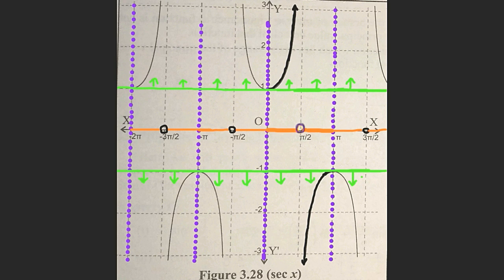Like cosecant function, this secant function is also a discontinuous function because the graph of secant function is not continuous in domain R as shown by black hollow circles. This graph is discontinuous at all odd integral multiples of angle pi by 2. It means there is no value of y when x equal to pi by 2, 3 pi by 2, 5 pi by 2, 7 pi by 2, etc., or minus pi by 2, minus 3 pi by 2, minus 5 pi by 2, minus 7 pi by 2, etc.